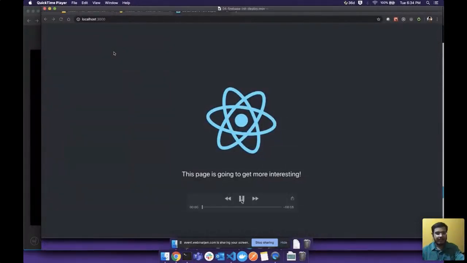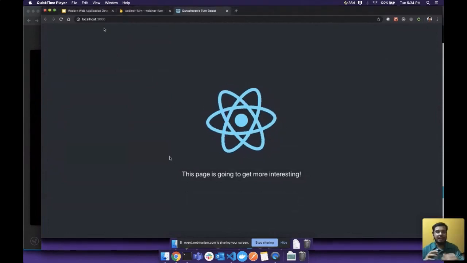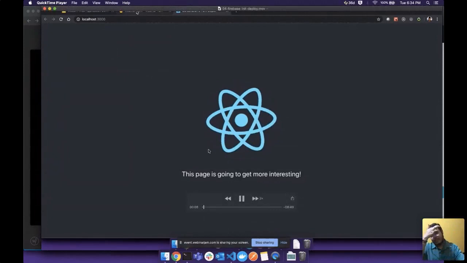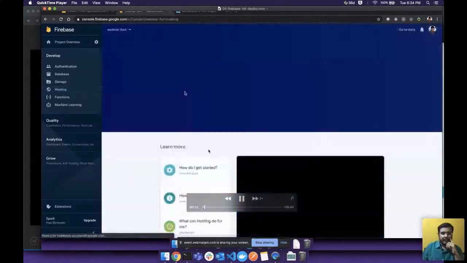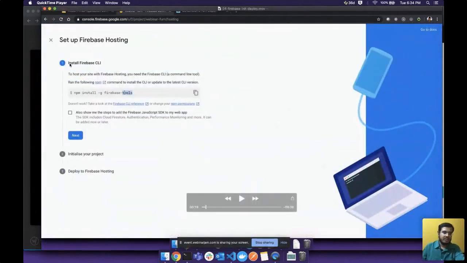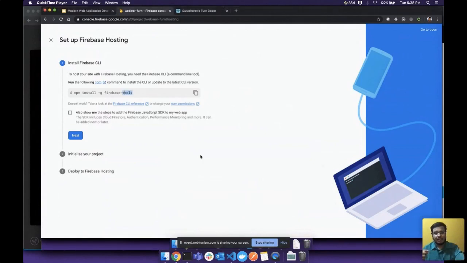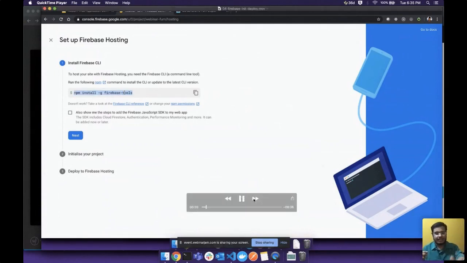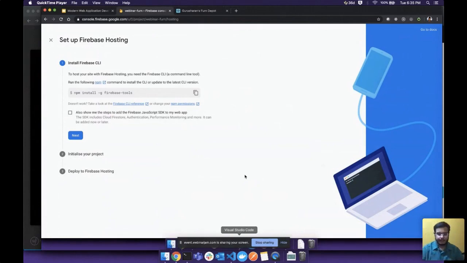If you go to the Firebase console, it gives you really great information on how to get started. So I go to hosting, I go to get started, and it gives me a set of instructions to follow. It says npm install -g firebase-tools, so it installs the Firebase tools globally. The -g says global, but I'll change this to install it in my own application. Then it has other steps, so let's first start by doing this. I go to my application first and execute the installation command.